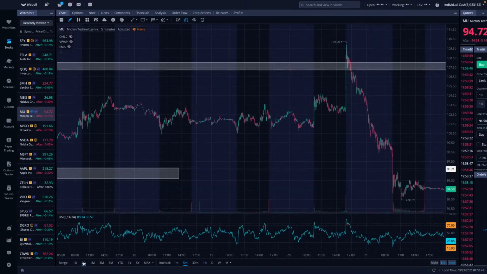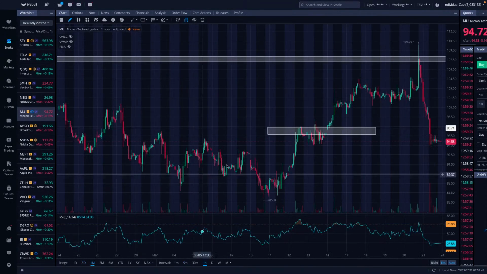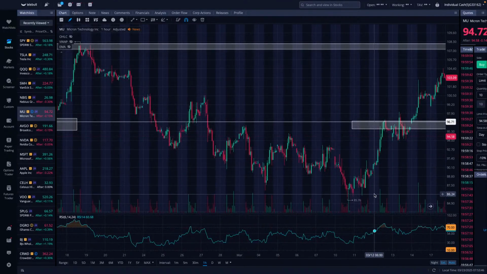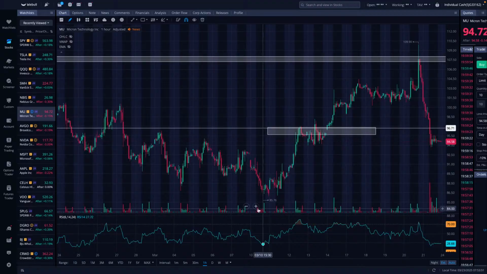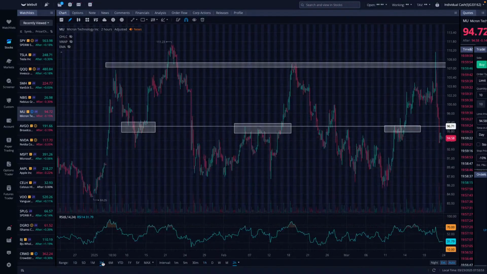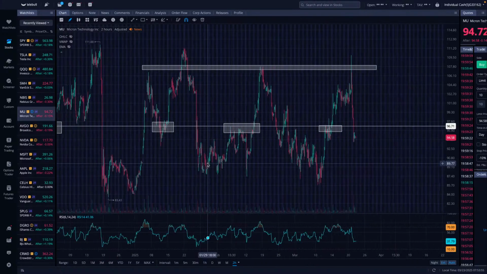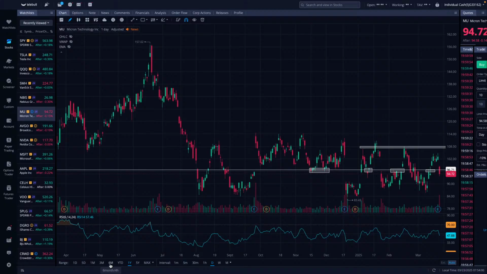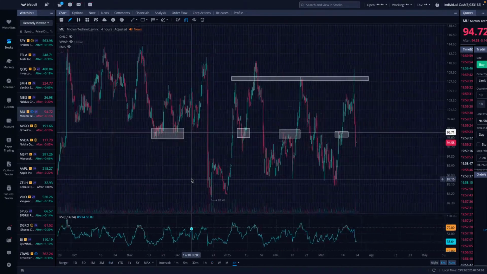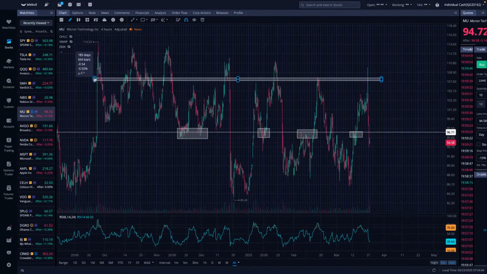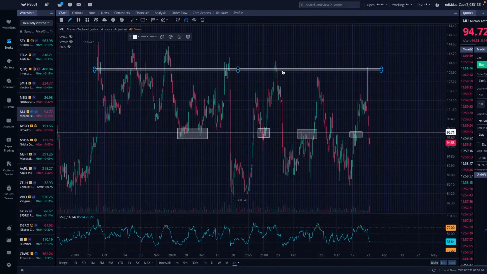MU is a nasty stock because it can look promising one day where you were buying at 85, and this is only a week ago, and it blasted all the way up to 109, and then it just sells off to 94. But it shouldn't be as surprising to you, because when I show you the chart long-term, you will start to see that the patterns tend to repeat themselves. So if you look here, you've had rejection points all up in this point right here. You can see in this range from MU 110 to 111, it has been pulling back.